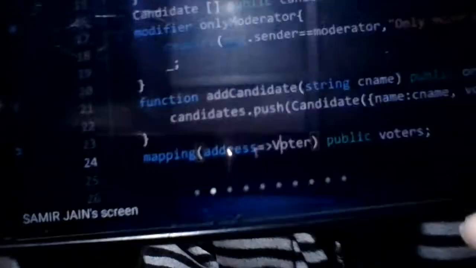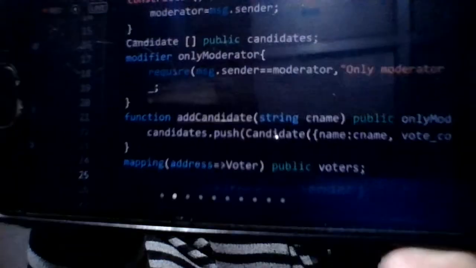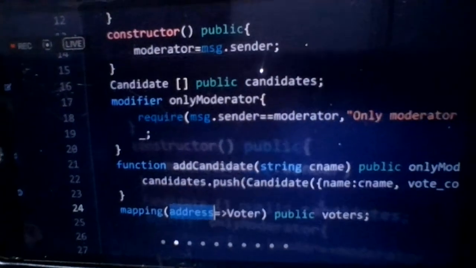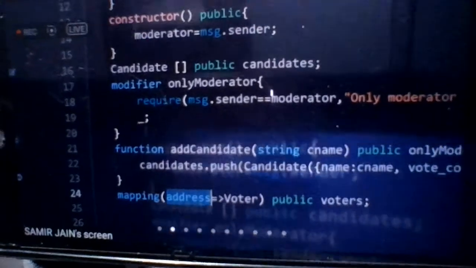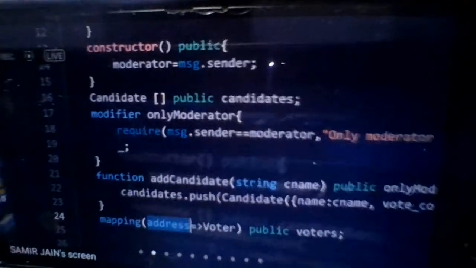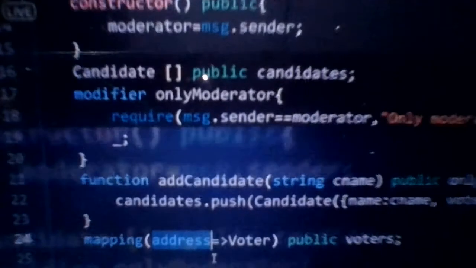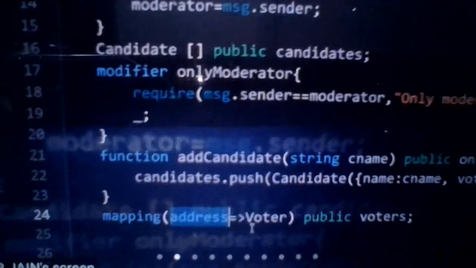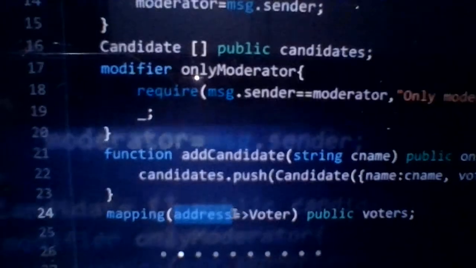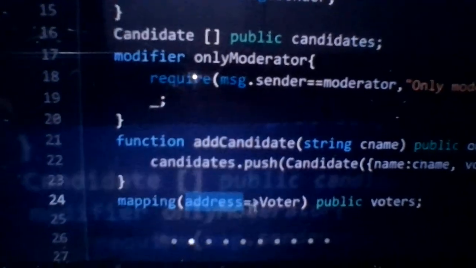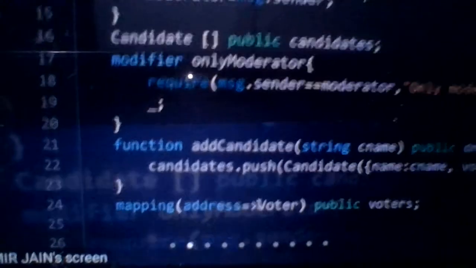What is mapping? So mapping is something where we are taking some address. Since all the addresses in any blockchain network are unique, there can never be two persons with the same address. So from the address, we are identifying a voter.